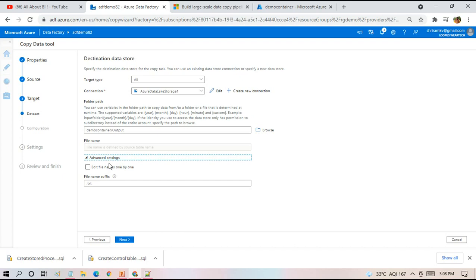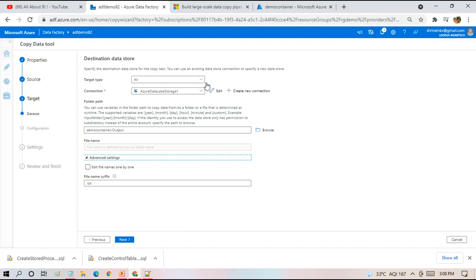What we are trying to do is read data from multiple tables and write it to text files. So we need a name for the text file, right? By default it will take the schema name and table name to be your file name. For example, if you have a table called dbo.testtable, then your file name will be dbo.testtable.txt.